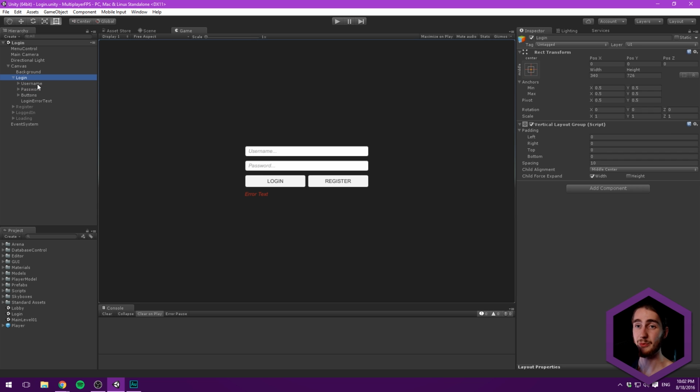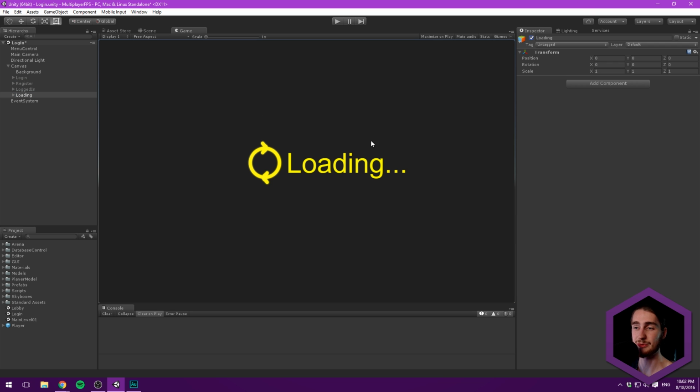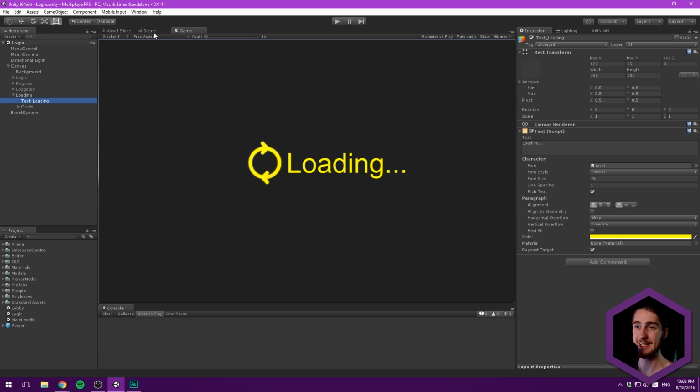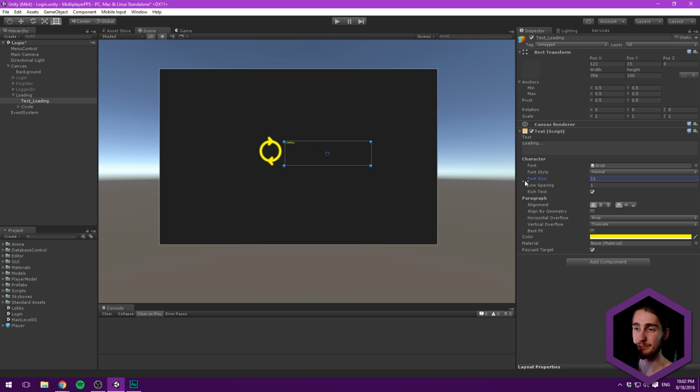So the next thing that we want to create is the loading screen as we just saw it. The loading screen here is currently very yellow, and we don't want it to be yellow at all. So let's go in and find the different elements here. First off, we have a text object. I just want to bump down the size on this. I think it's way too much. Let's go 24, and let's center this on the